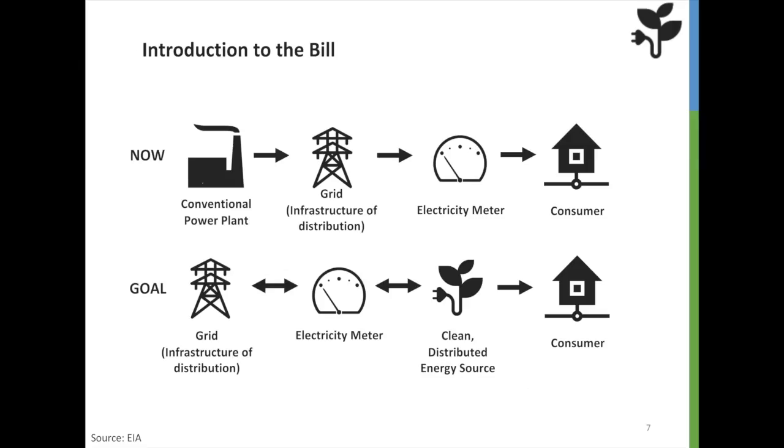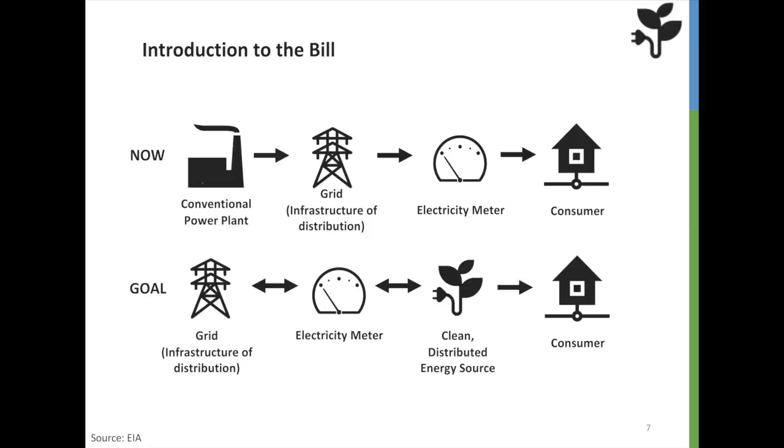Specifically, our bill aims to encourage clean, integrated, distributed generation of electricity. We can see what this would look like by comparing to now. We see that now we have a conventional power plant going to the grid, the infrastructure of distribution, then an electricity meter, and finally the consumer. We can see that all arrows flow in one direction, meaning energy is flowing from the central power plant to